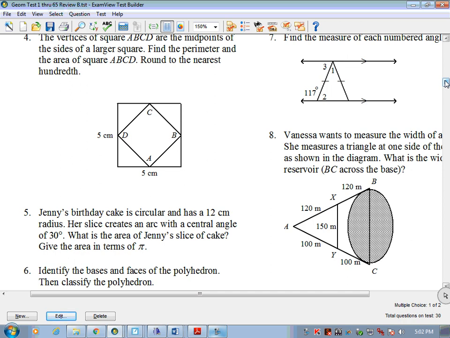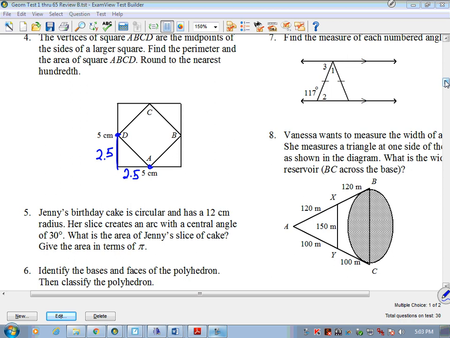All right, 4, the vertices of a square. The fact that they're saying it's a square is important. It showed me that ABCD shows up at the midpoints of the sides of the larger square. We want to find the perimeter and area of the square that's on the inside to the nearest hundredth. All right, because these are midpoints, that means that these